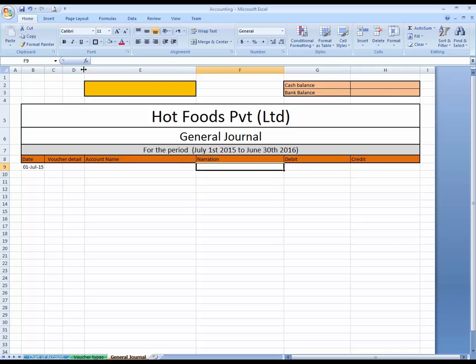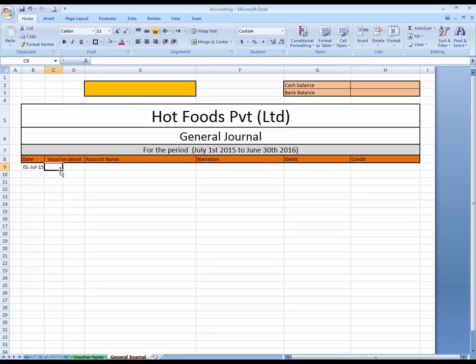And here I want to display a drop down list from where we can select voucher type.